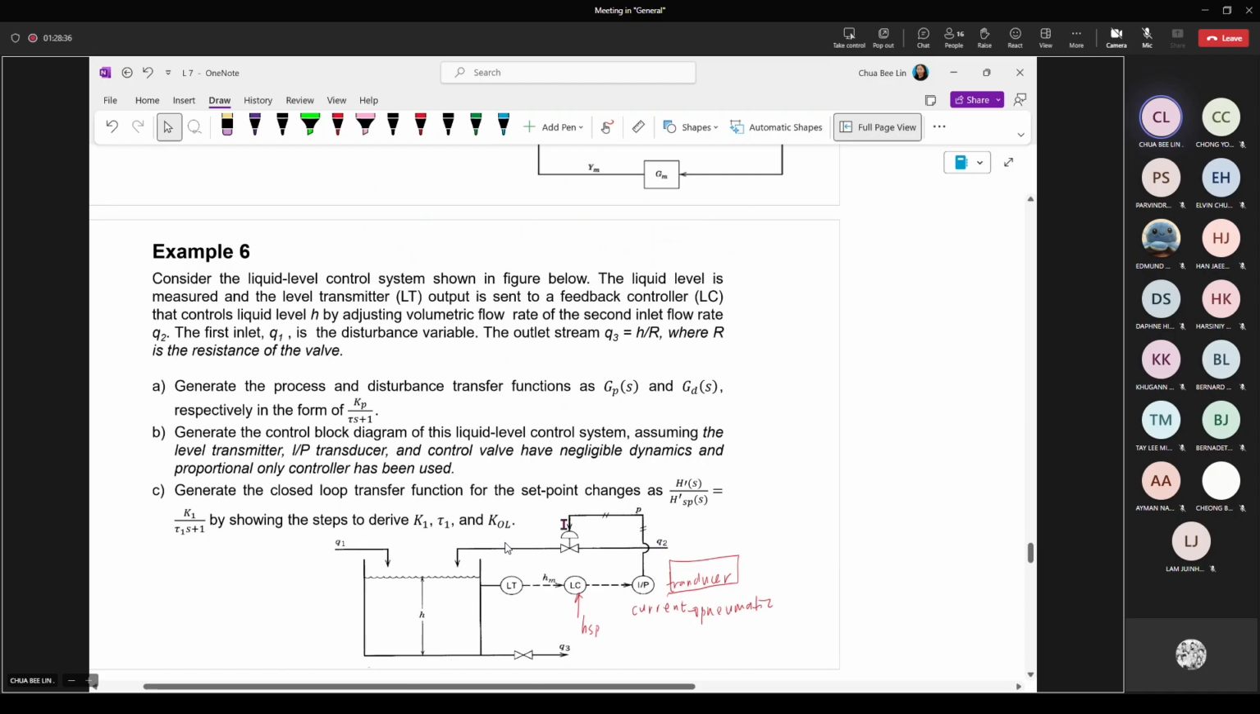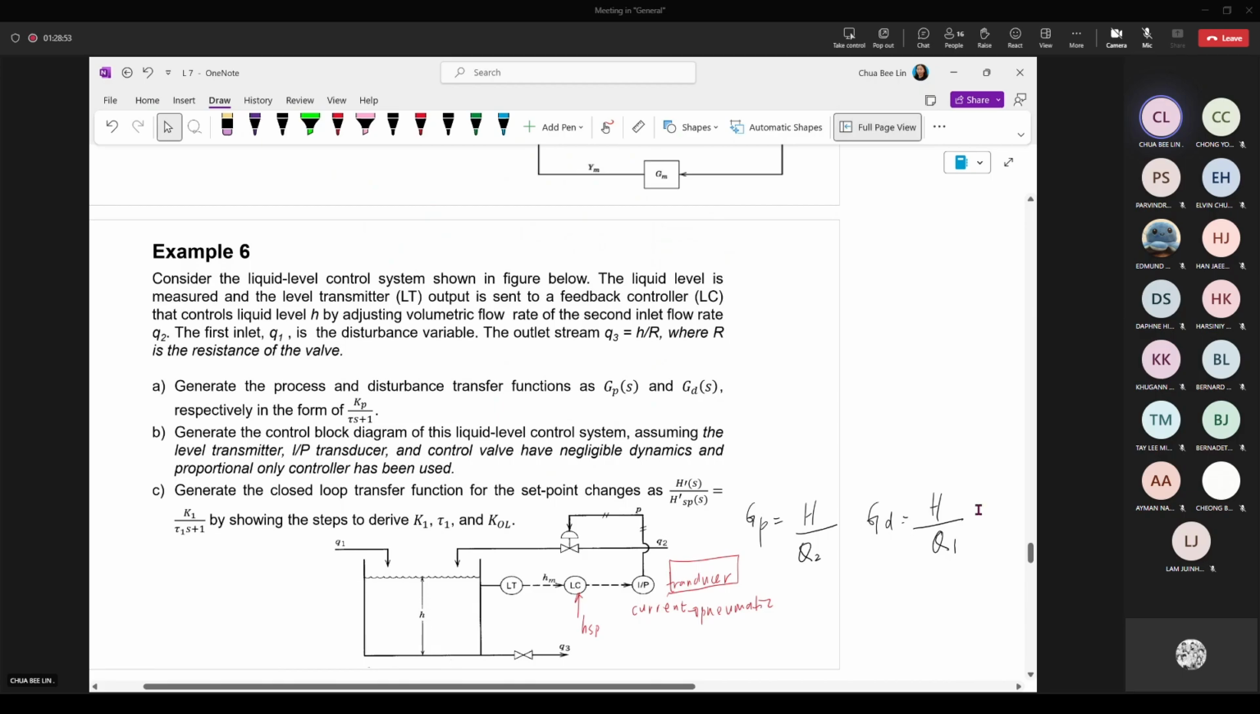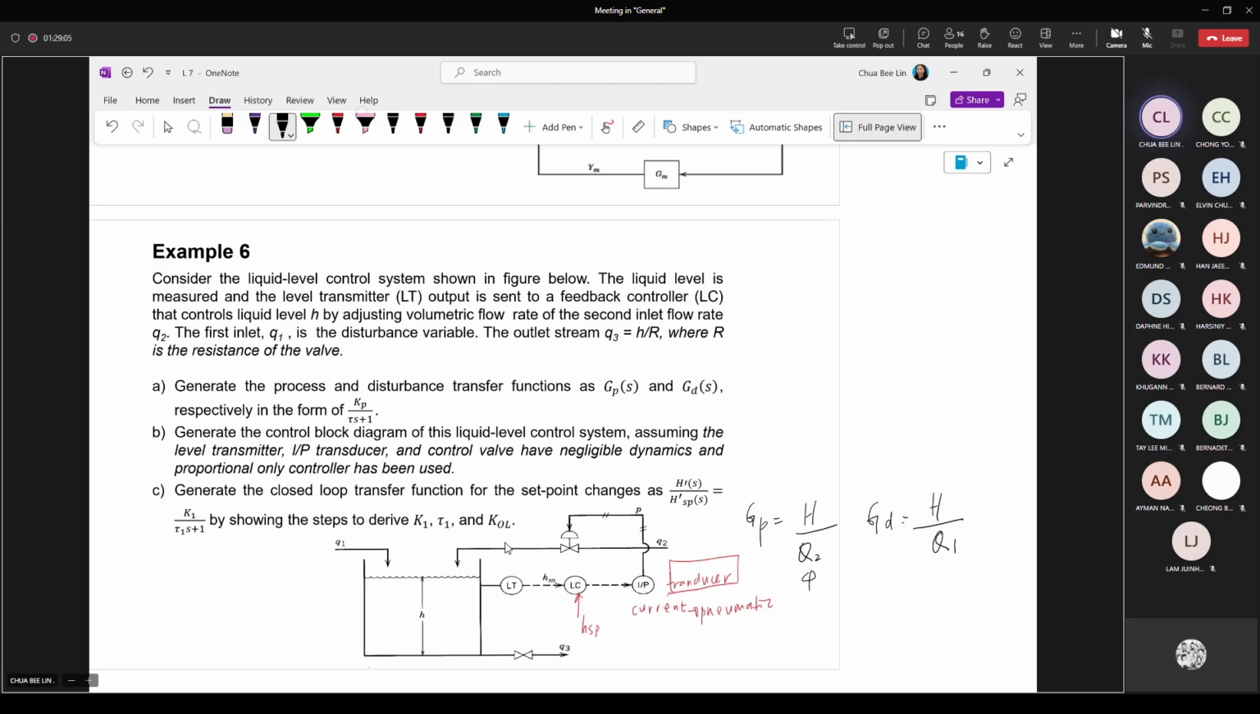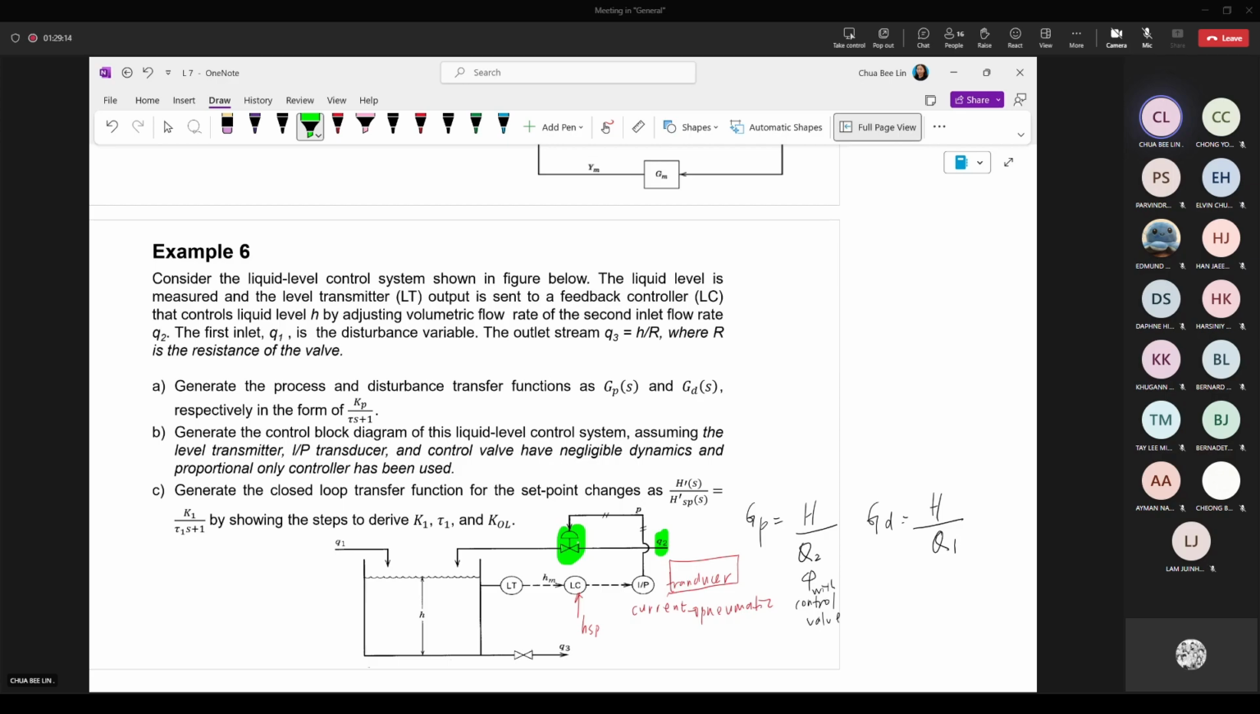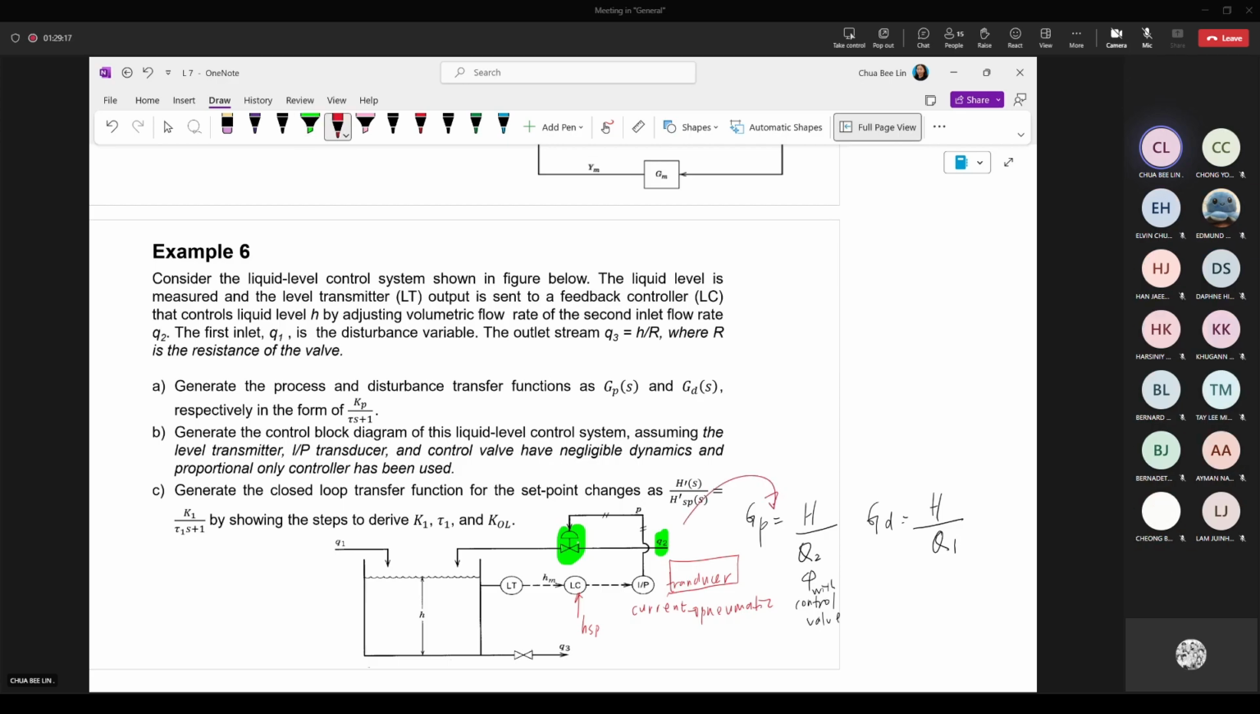Okay, so the one having the control valve is this one. You'll be having your GP over the output over the input, which is your Q2. So this is your GP. Your GD will be output over Q1. Okay, why in capital? Because later on you have to change everything to transfer function. Deviation variable, then you Laplace transform both sides, you will change everything to capital. So the one having the control valve will be GP. So this one will be with control valve. Okay, like this. So this is your Q2. So this one will be your GP. This will be categorized as